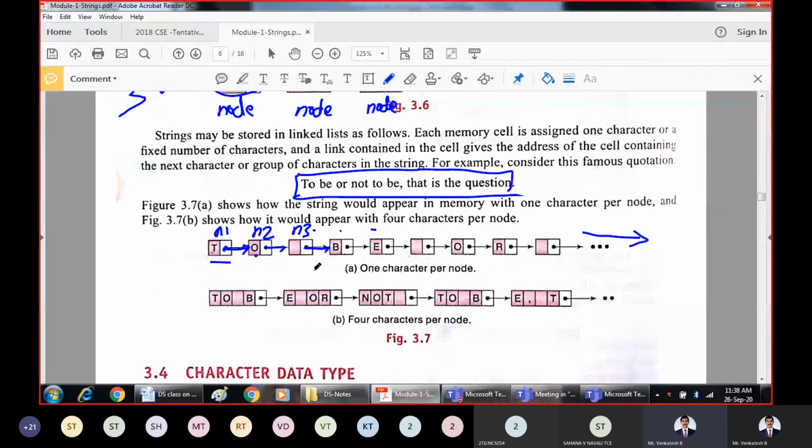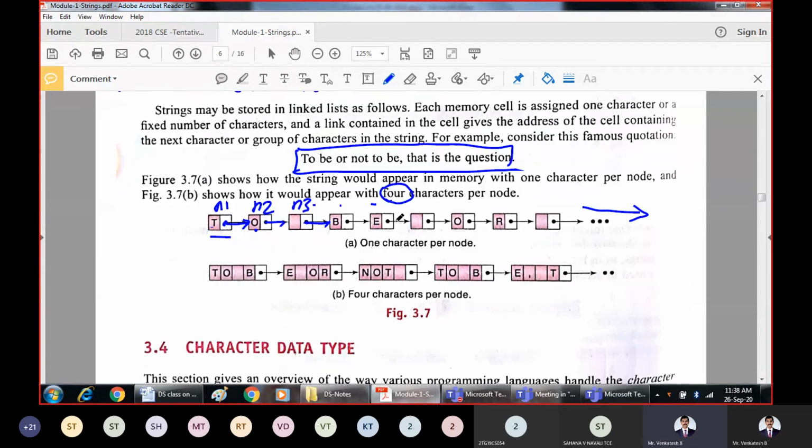That is one approach. If you use this approach, more space will be wasted on a larger number of pointers, so you can go for grouping. One approach used here is a group of 4 characters per node. When you start from the beginning, what are the 4 characters? T, O, blank space, B. Because blank space is also a character, so 1, 2, 3, 4.